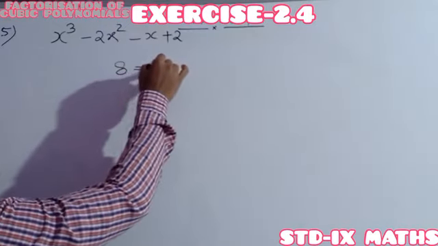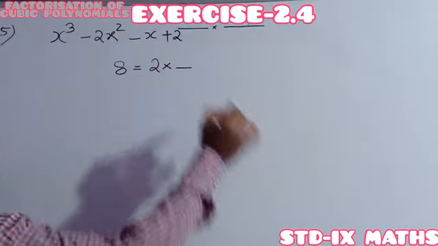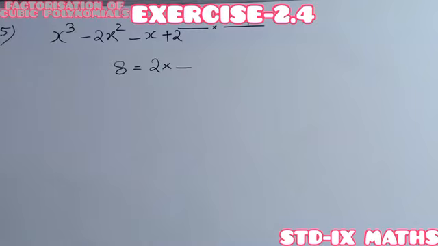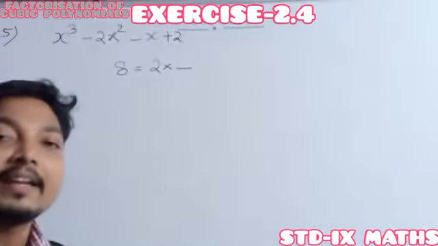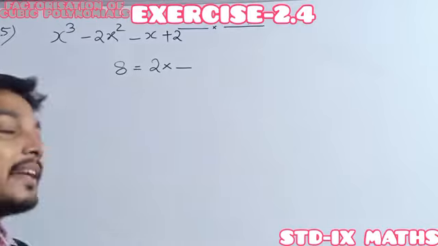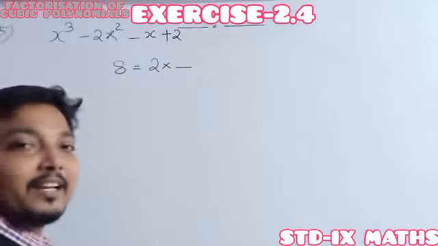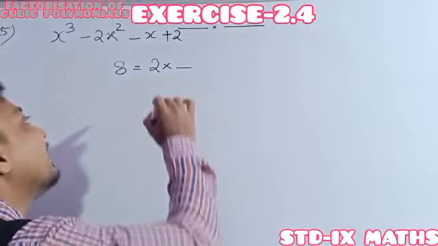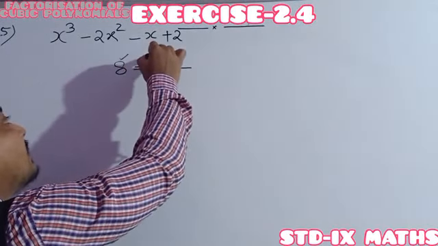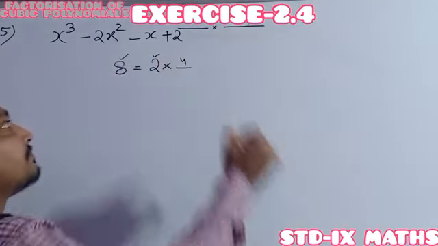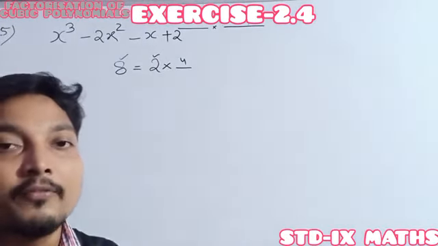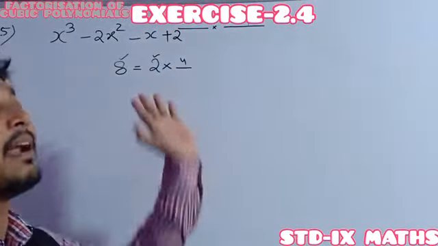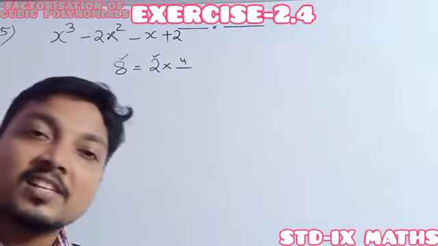Factorization means 8 can be expressed as the product of 2 or more numbers. Suppose by any means you get 2 as one of the factors. So how do we find the other factor? The other factor can be obtained by dividing 8 by 2, so that I obtain 4. This is the primary stage to find one of the factors. One factor is given, then you find the other factor just like this.